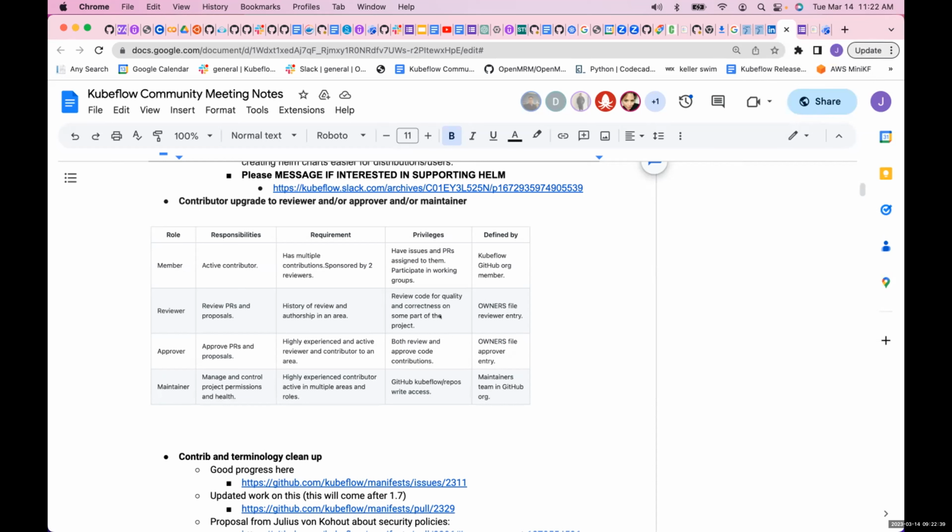Yeah, after the 1.7 release, we should really focus on that with Kimonas and the Google guys and so on. I'm certain that this will have to be sorted before we can be adopted. It's just about making sure that we have a policy, which we already have, that the policy is fit for purpose, and that it's clear who is responsible to enforce that policy, and what we do when they're not enforcing it. So we have a process to install temporary caretakers for subsections of the project that are capable of promoting new contributors, for example. Maybe that's the one part of the policy that we might need to add.